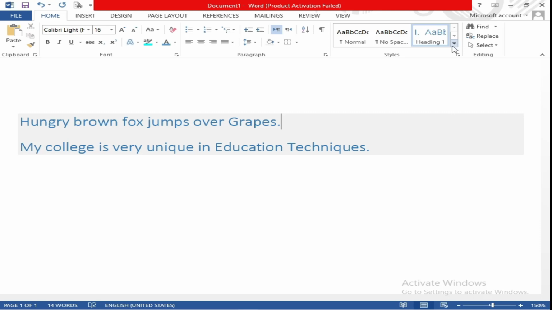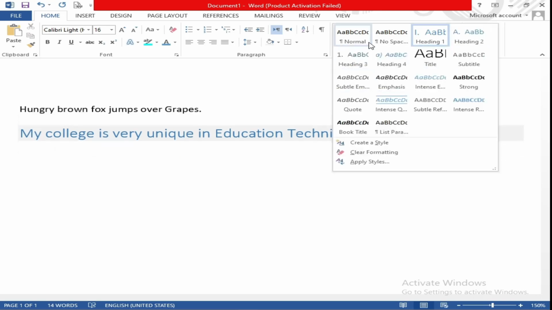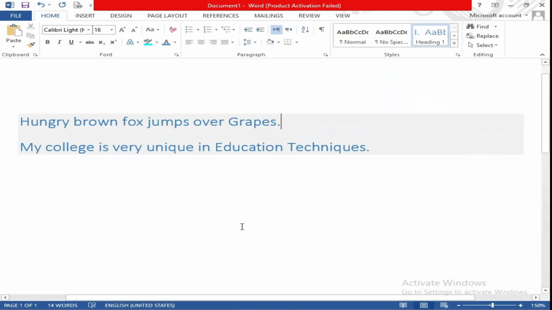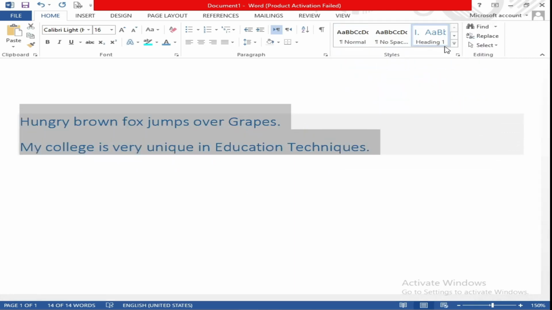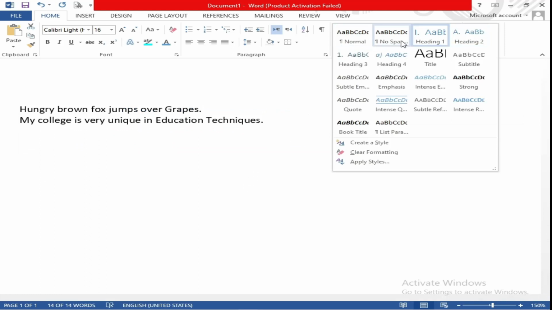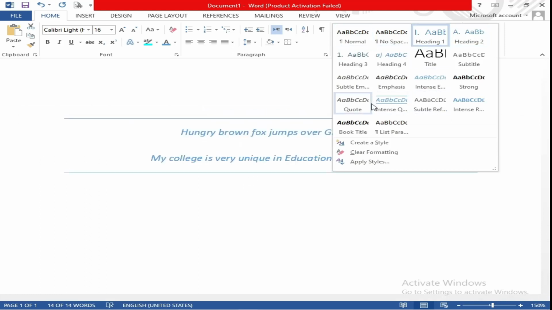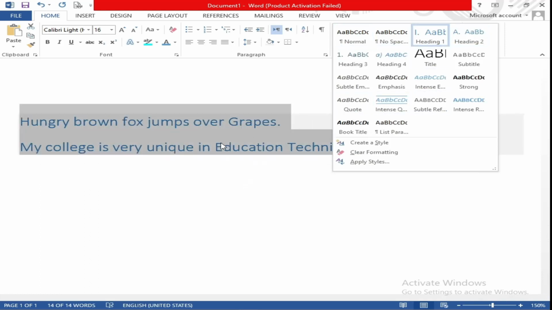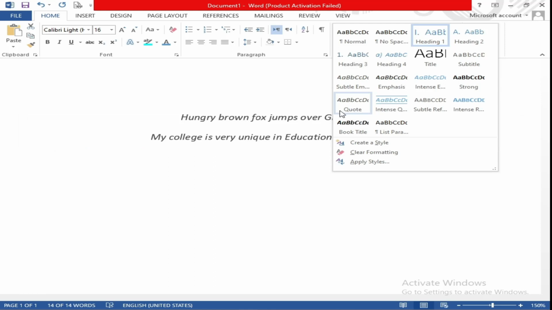After that is the styles. As you can see, there are many styles. In this, you will select Control A, and after that, as you can see, because you have selected Control A, it is assuming that both lines are titles.